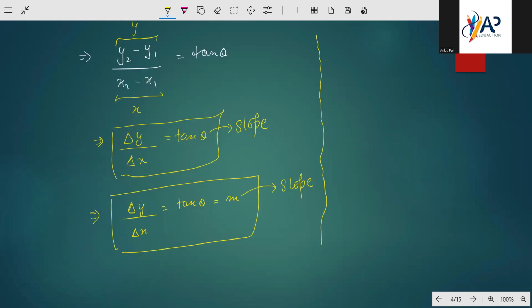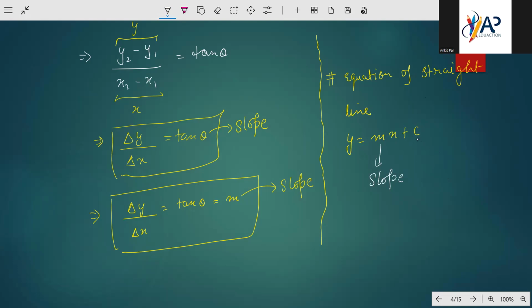So the equation of a straight line is y is equal to mx plus c, where m is a slope and